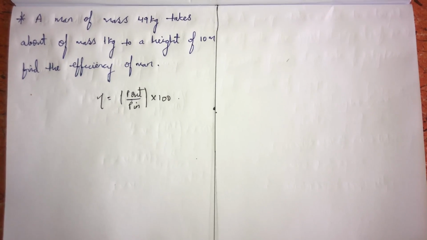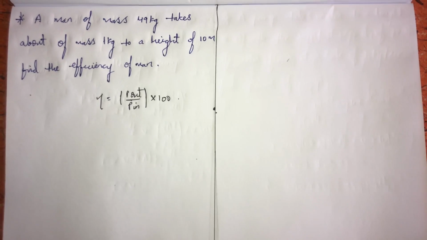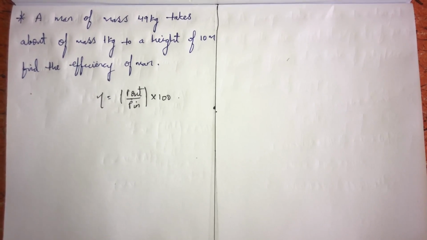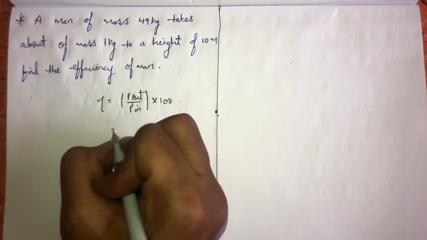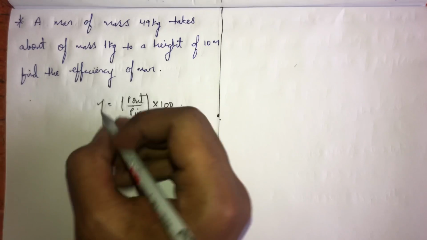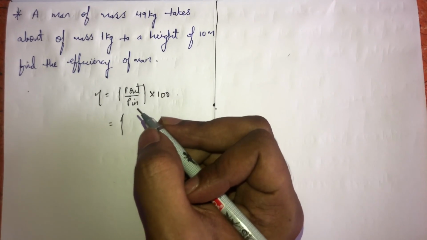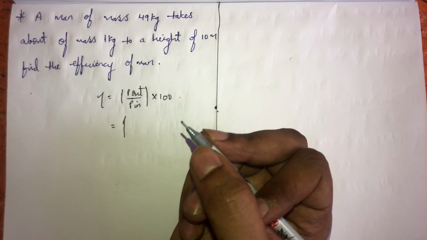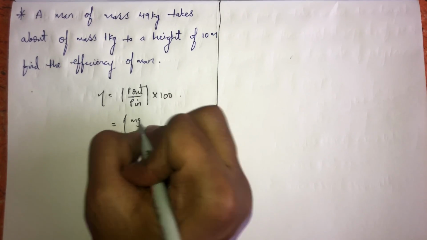The P input is related to the work, the actual mass of the body along with the mass of the man. So here P output will be equal to the actual work done by the man in lifting a body of mass m, that is nothing but 1 kg. So mgh,